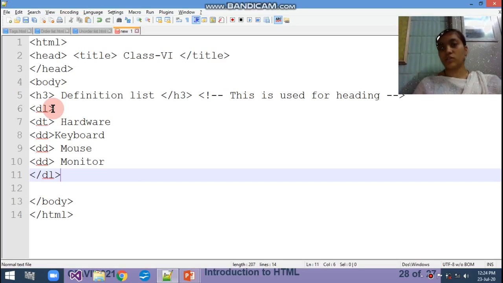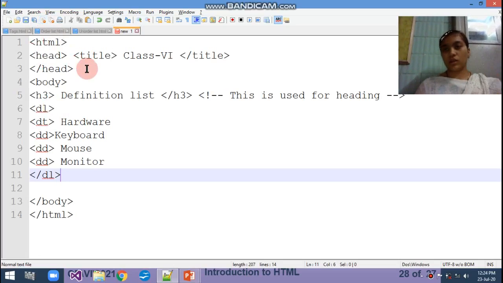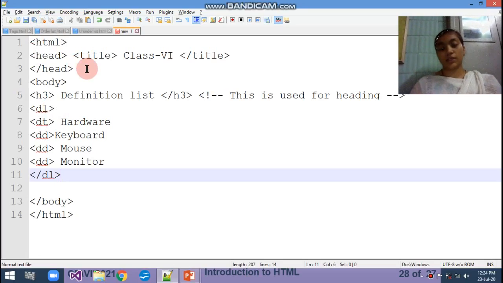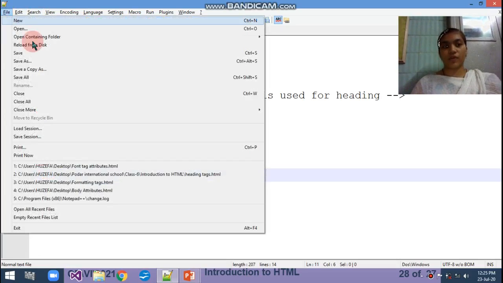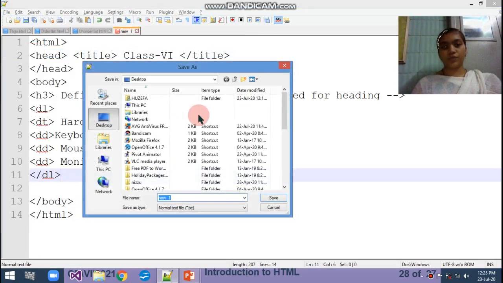I have not saved this file, so all the font comes in black. When I save this in Notepad, the colors of the text will change. So I am pressing Ctrl S. If you don't remember the shortcut key, just go to File, click on Save, and the options will come, that is Desktop.